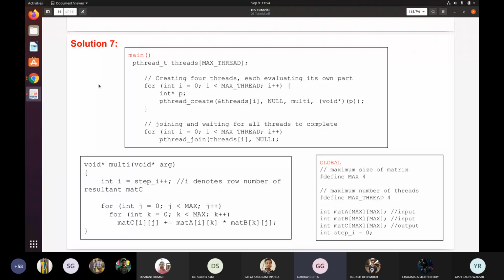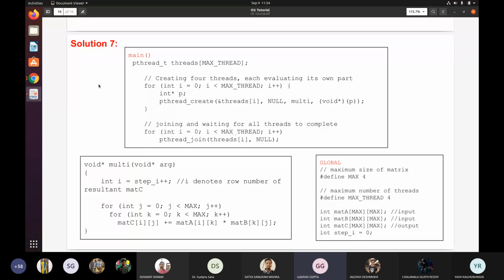Now this multi function is calculating each row of the output matrix. Say step_i was initially 0. So when the multi function is called the first time, that is the first thread entered this function, i will become 0, and step_i++, so then step_i will become 1. This is the post increment operator.